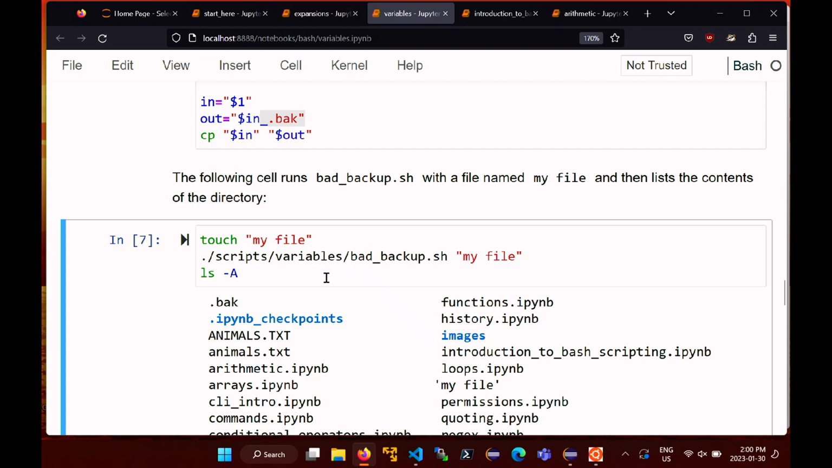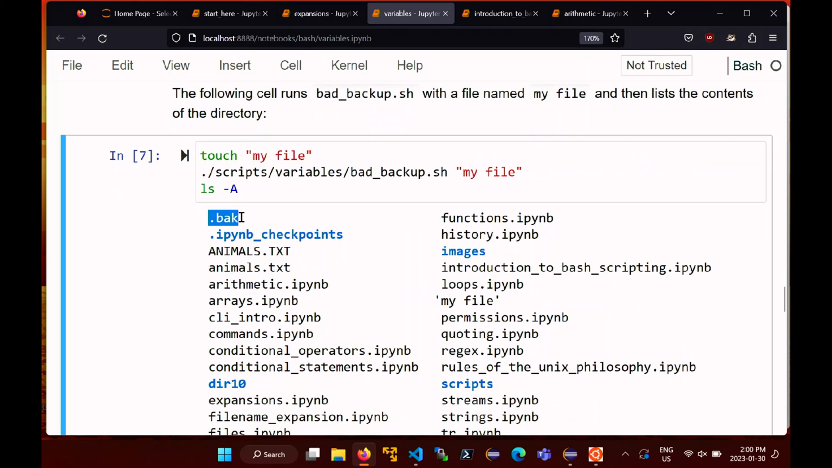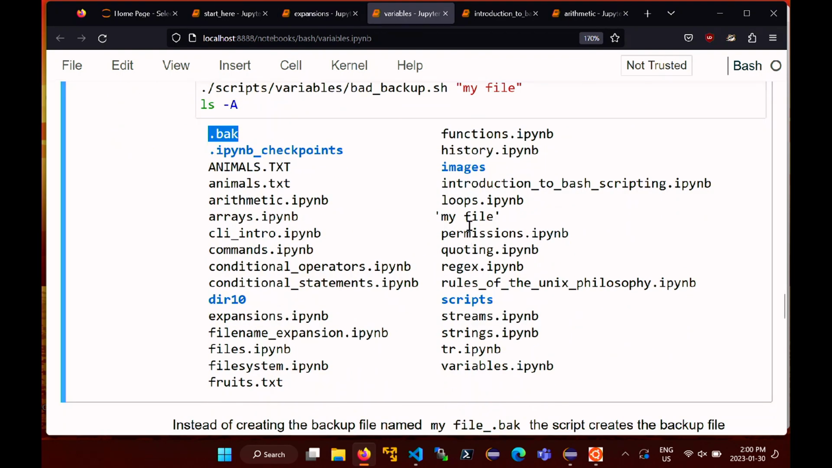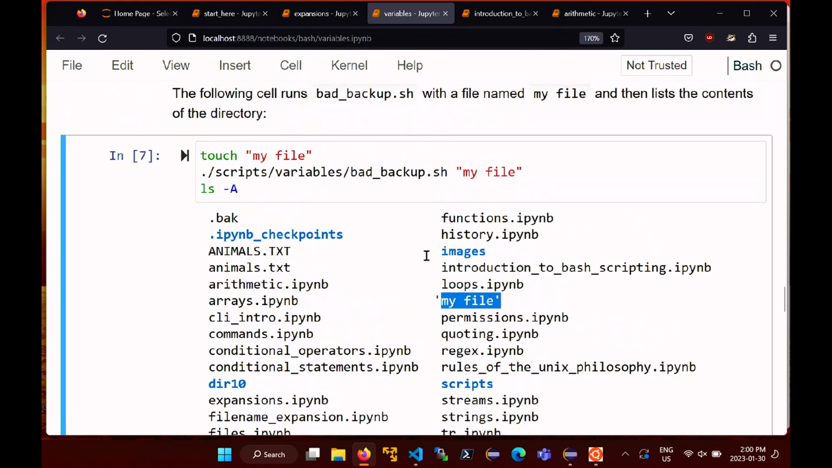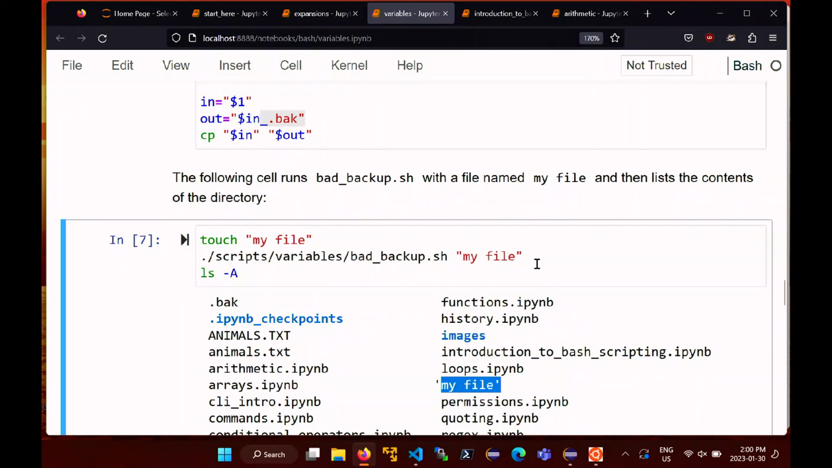Instead, what you get is a dot back. Where's my file? My file is still here. Is there an underscore or something anywhere? There isn't, right? No, there isn't. So what ended up happening here was,